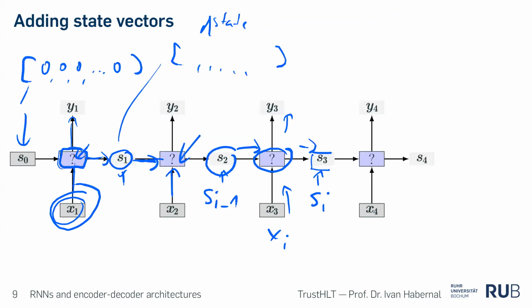Just let me come back here. So it's outputting the state, and it's using the state internally also here somehow to compute the outputs. Okay, why not? You can take the input xi and s_{i-1}, compute the state, and then compute the output. Or you can take the state and from the state compute the output already. This is just a tiny implementation detail, but basically the state contains all the information you need to compute the output at the current position.